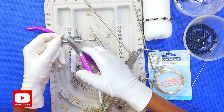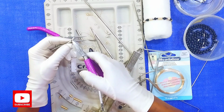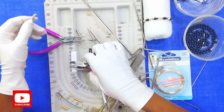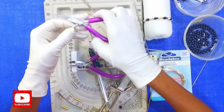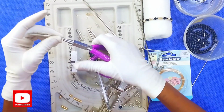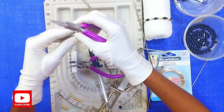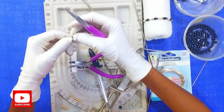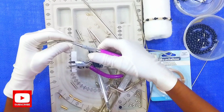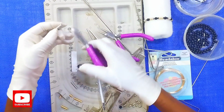Now bear in mind that in doing this, some of the wire ends may get somewhat distorted. So you need to be sure that you can either correct them by using a round nose plier inside to see if they can smoothen up. And if they cannot, please cut neatly. Remember that if this is going to go on the skin, you don't want a situation whereby the skin gets scratched, so touch your wire and make sure that there are no rough edges that can graze someone's skin. That is very important. So you do this for the rest of the coil